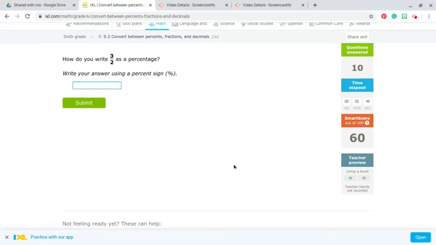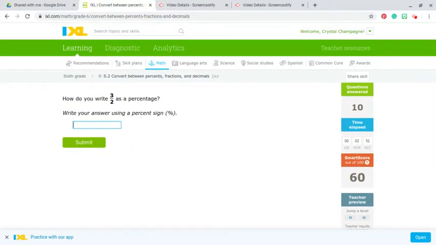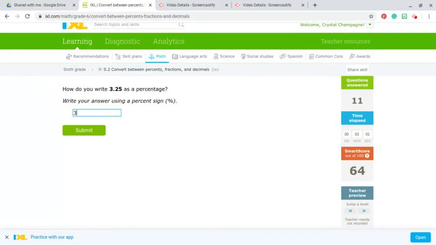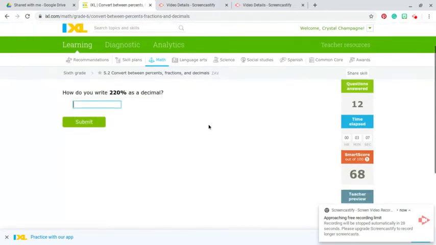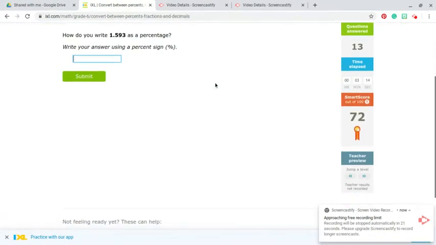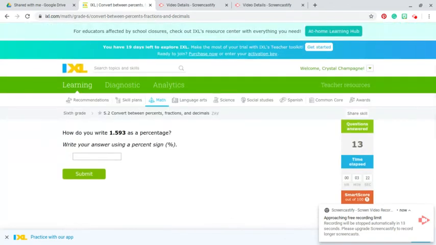And the cool thing about it is if you get tired, if you're done answering questions, oh, I'm so close to getting my first badge. Let's see if I can do it. Yay, look at that. I got 70, so I got my first badge here. All right, so now let's say I'm tired, I've had enough for today. You can go right back to learning